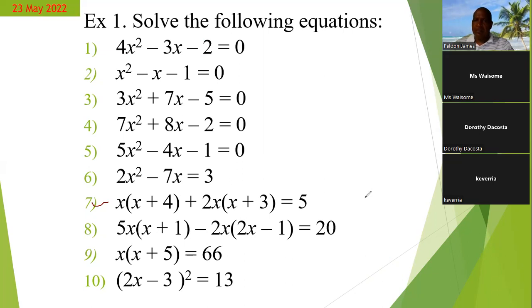Sir, would it be that we multiply out the bracket and then regroup? Exactly. So you would remove the brackets by multiplying what is inside by what is outside. Then you would bring like terms together and add them. And then you bring the 5 on the left-hand side. So you simplify all that you have on the left-hand side after you remove the brackets, and you should simplify it and get